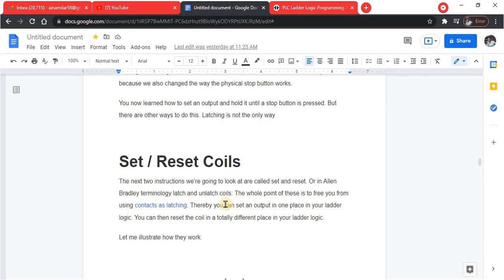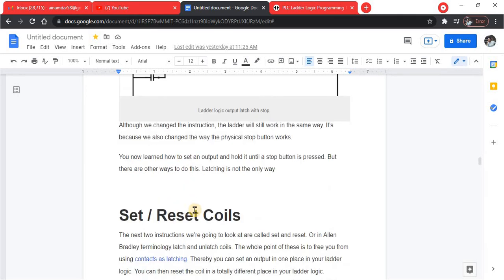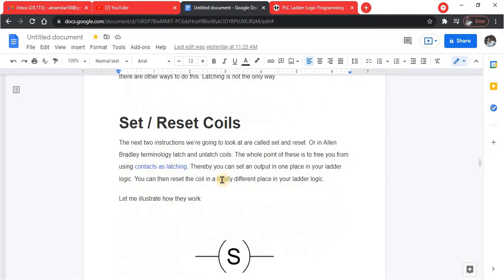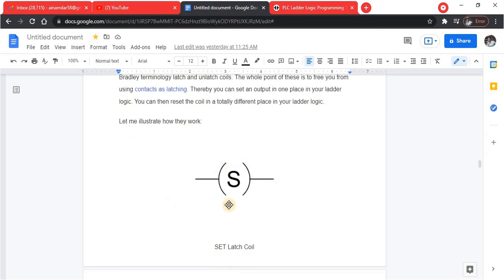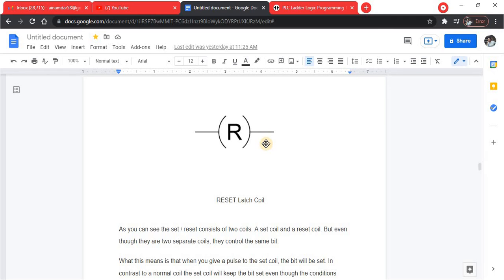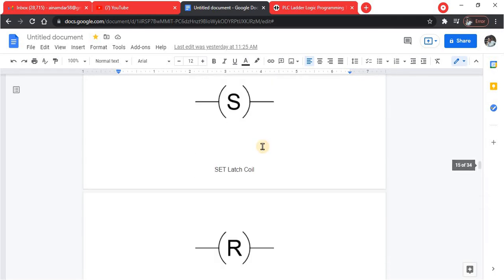The whole point of this is to free you from using a contact as a latch. By using the set and reset coils, these discrepancies will be gone. Thereby you can set an output in one place in your ladder logic, and then reset the coil in a totally different place. This is your set latch coil, and this is your reset latch coil.